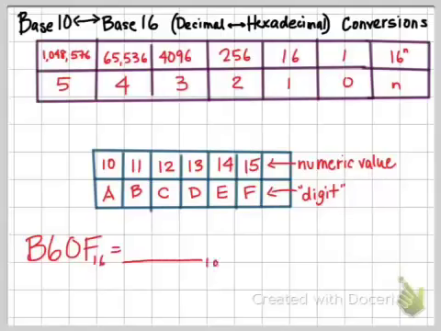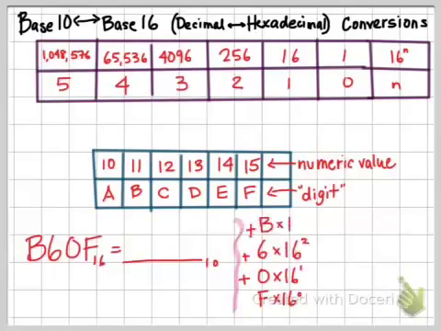So let's start with a problem, and this seems like a weird number, but B60F is a very valid base 16 number. We want to go the easy way first, and we're going to convert this base 16 number to a base 10 number. And just like any number, the digit to the right, the F, is the least significant digit, and B is the most significant, which means F, or 15, times 16 to the 0th. We're going to add those up exactly like we did for base 2. So I'm going to put the F on the bottom, then the 0, then the 6, then the B, and grab those